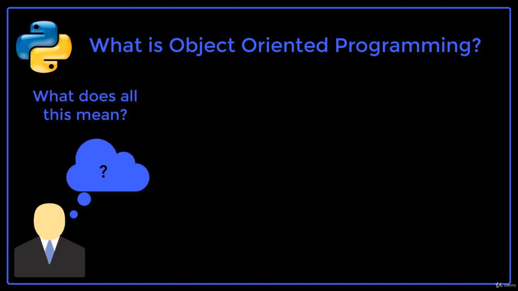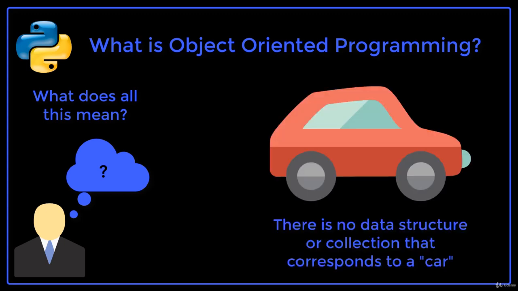We've learned about the basic data types like strings, ints, bools, and floats. We've also learned about collections and data structures like lists, arrays, and dictionaries. Well, what if I wanted to write a computer program that dealt with cars? Currently, there is no way for me to tell the computer I want to have a car type that I can reference. Great news! Using object-oriented programming, you can create classes and objects that represent cars, zombies, animals, or anything